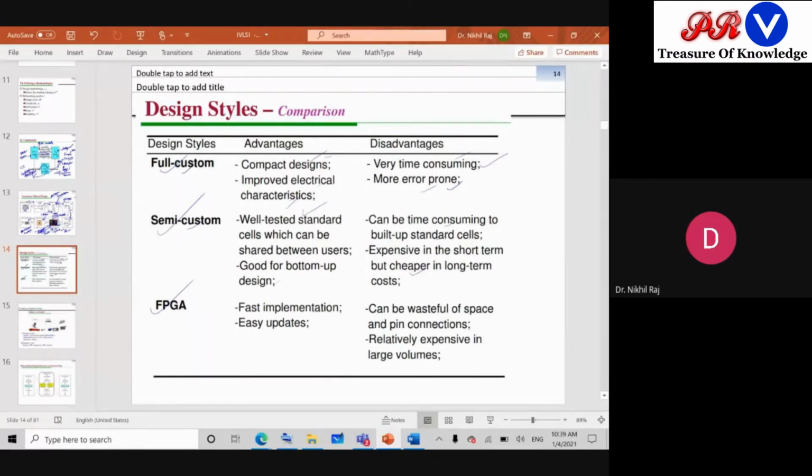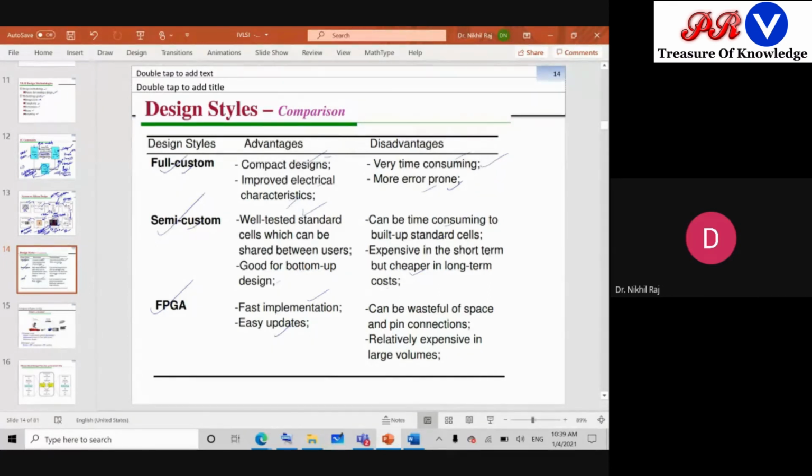Because when we tune any machine with some algorithm, it takes a lot of money and time. But if we go for mass fabrication, then we can recover those things. But if a short term goal is there, then this type of design is not favorable. Then lastly is your FPGA based. FPGA is very fast. Write the code, dump into the FPGA, it will do very fast implementation and easy update is there. But what is the problem?